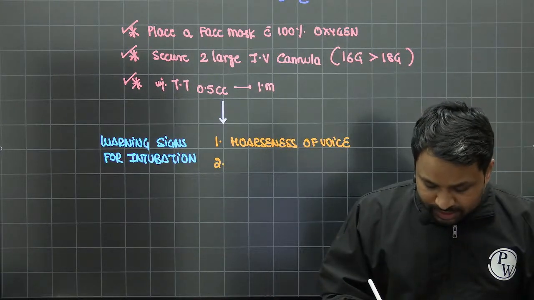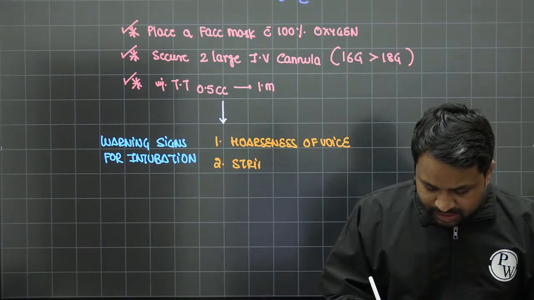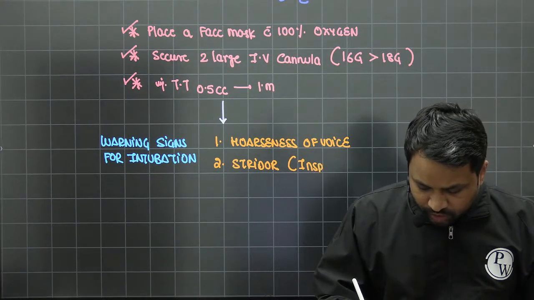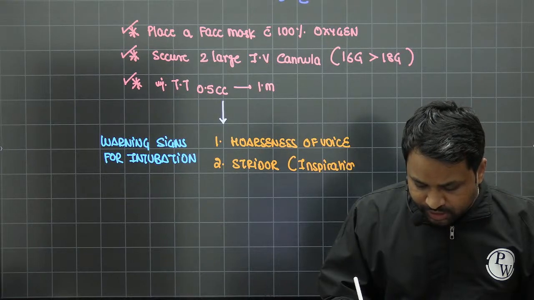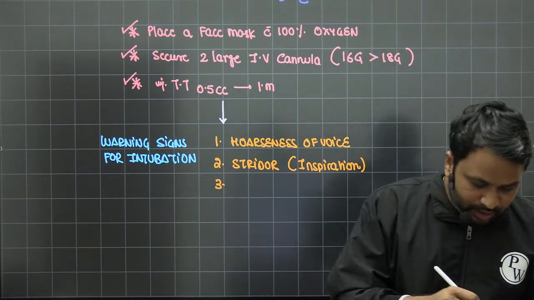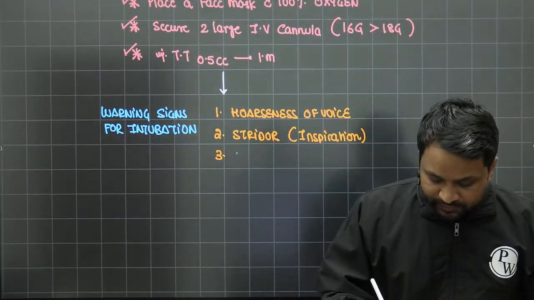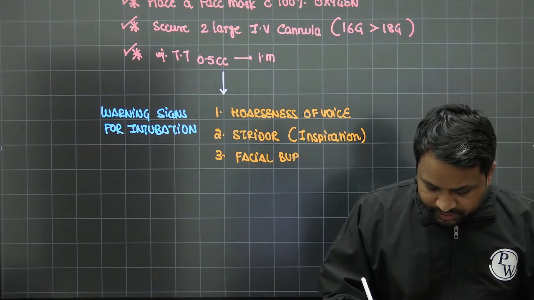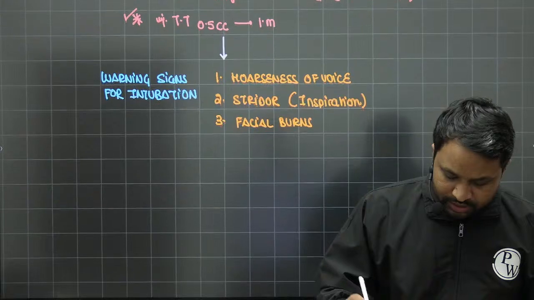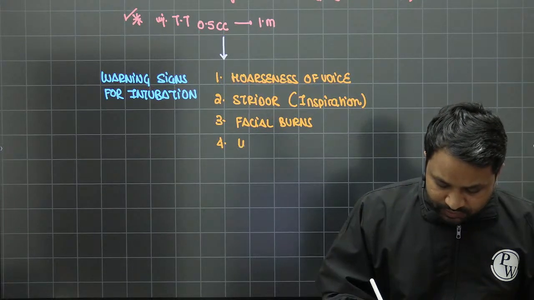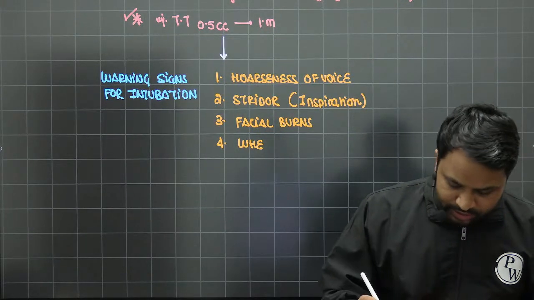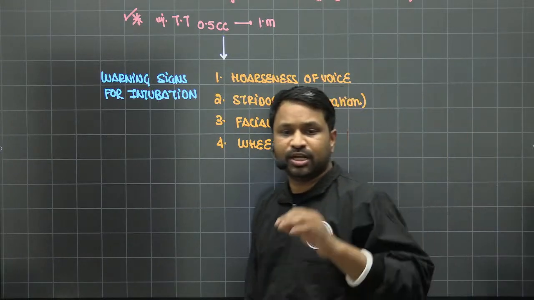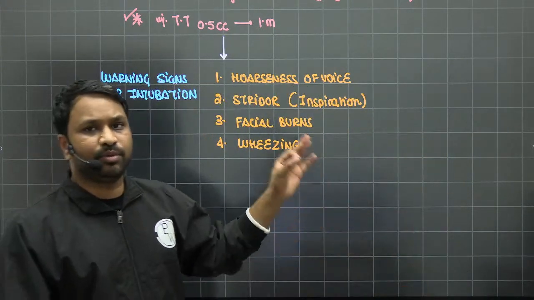If there is presence of stridor, specifically during inspiration, we call it inspiratory stridor. If there is evidence of facial burns, and if there is presence of severe wheezing on auscultation, if any of these signs are available, you have to